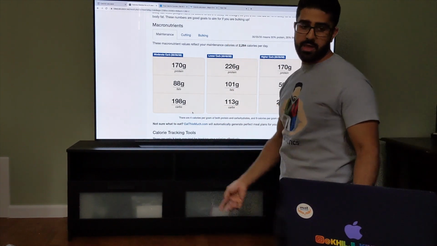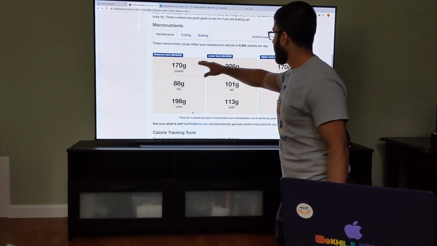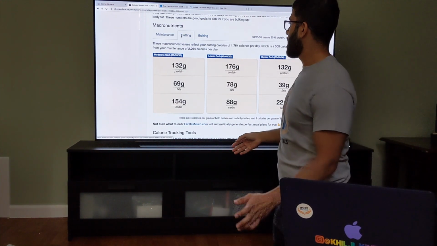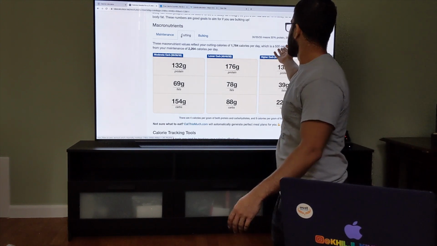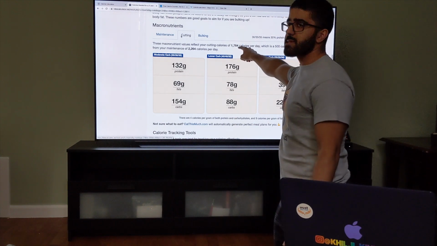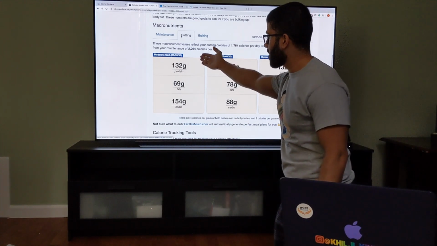And the other important thing here is that it shows whether it's cutting or bulking. Now at maintenance, you see I'm at 2,224. If I'm going to cut, a healthy amount to cut is a pound per week. 500 calorie deficit per day. Look at that. So the total is going to be 1,764 calories per day, and it also accordingly split up